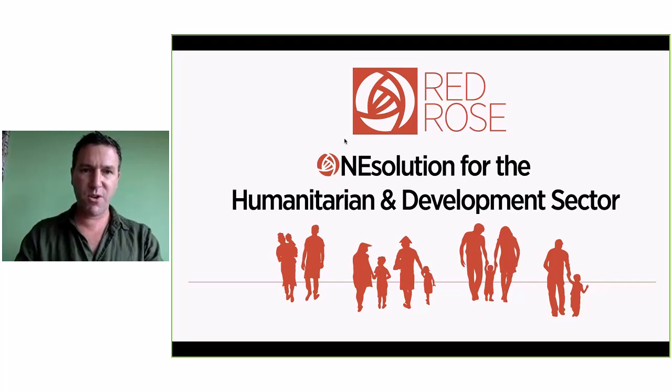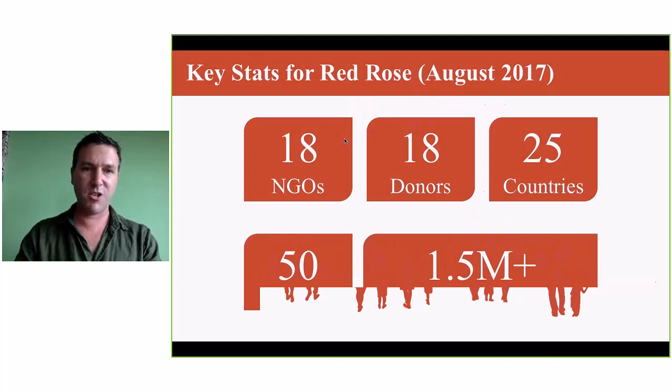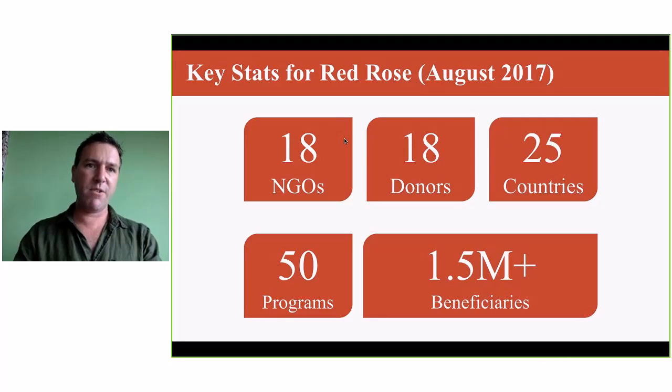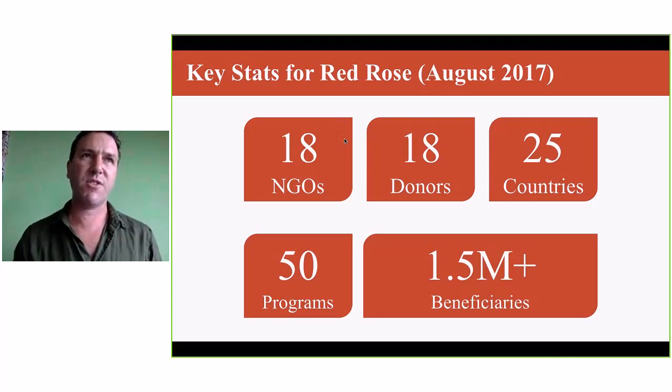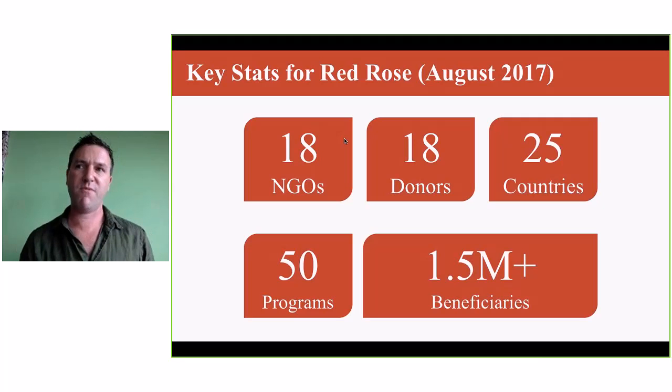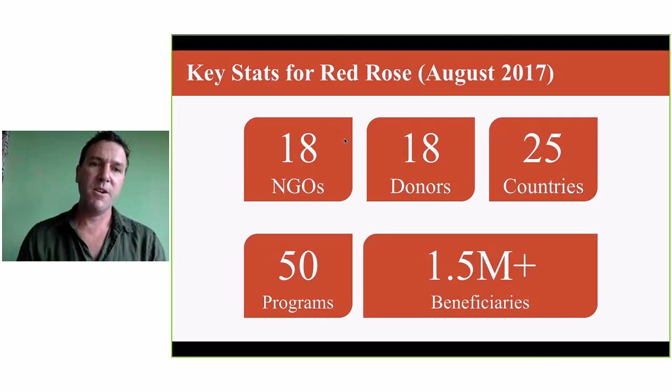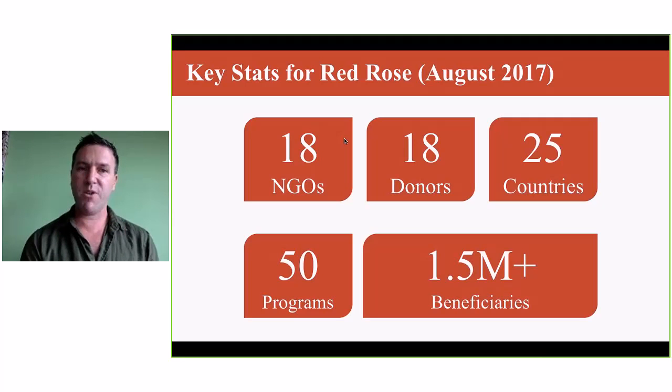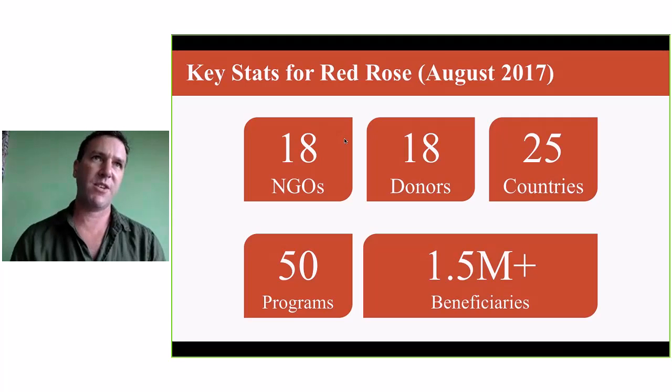So for those of you who don't know, what is RedRose and this technology? Basically, RedRose is operational just under 3 years now, and we've seen a sharp rise, thankfully, in our operations globally. Currently, we work with up to 18 NGOs and donors in nearly 25 countries, 50 programs, and a large number of beneficiaries. So our ability to work at scale is now being proven, and Nigeria in particular with CRS is